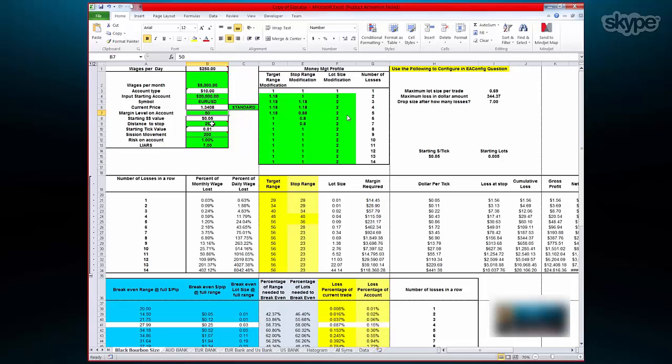So right here, this is margin level on account. So each one of these needs something that I put in here. So that is account type. This is just whether it's mini or standard account. Okay, let's go Control Shift F2. This is a mini. $1 is mini, or $10 is a standard. And this is controlled by cell